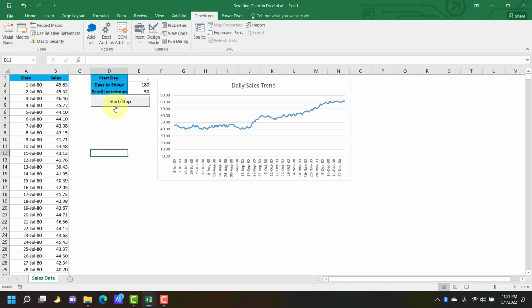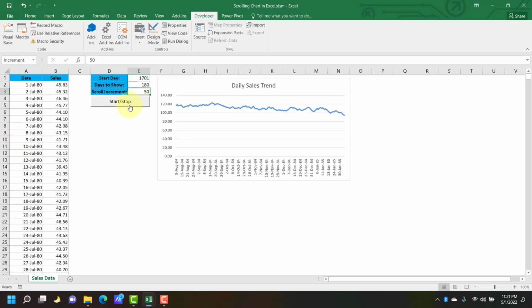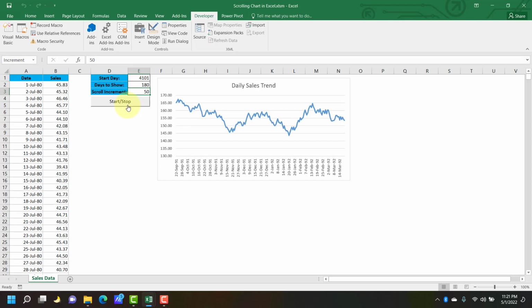Click on start or stop. By default the initial value is 180, like 180 days of data will show here, and then every time it will increase the data, or maybe shift the data, by 50 days. So click on start here, and now you can see that it's animating. Let's click on stop